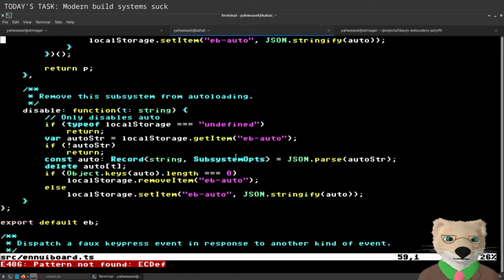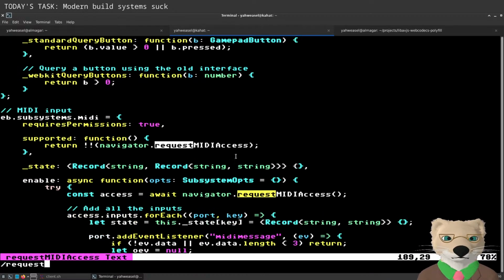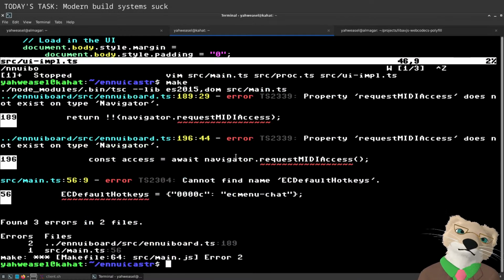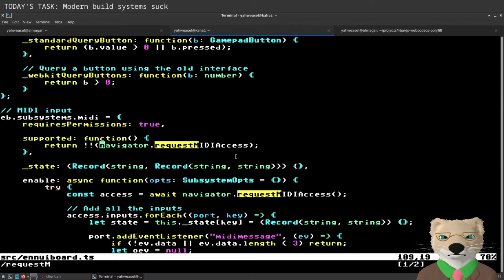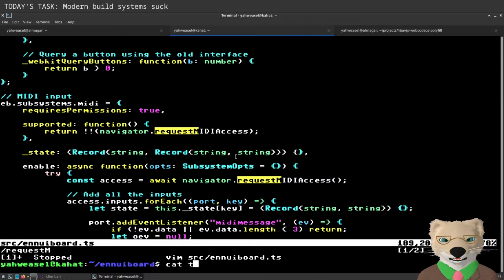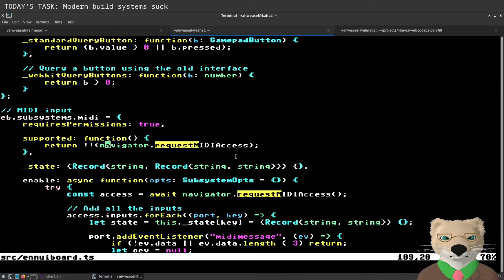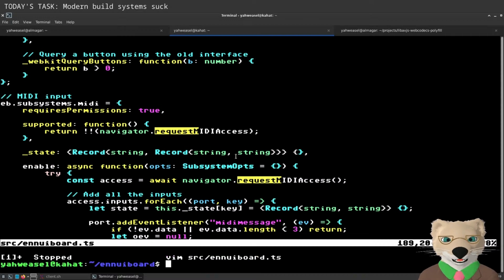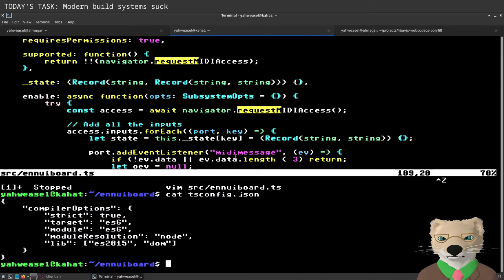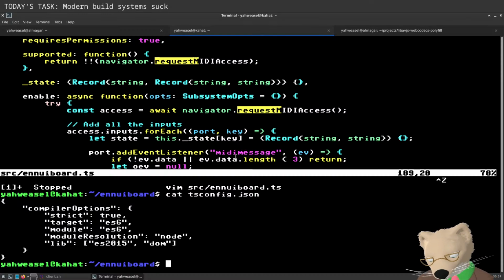Okay, EC default hotkeys is not part of this. I wonder... ES 2015, this is also ES 2015, isn't it? Yeah. So why didn't this... I mean, this is in strict mode, right? So why didn't it complain? I'm gonna refill my drink and think about it.